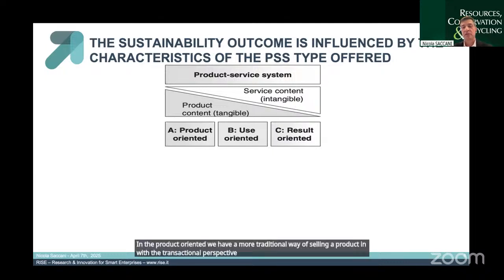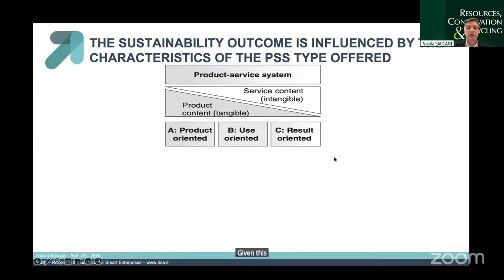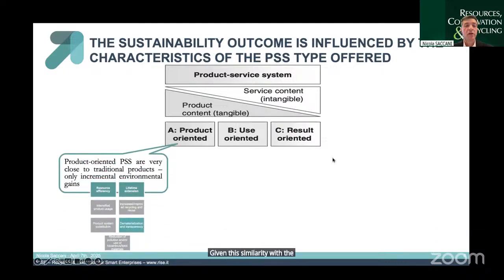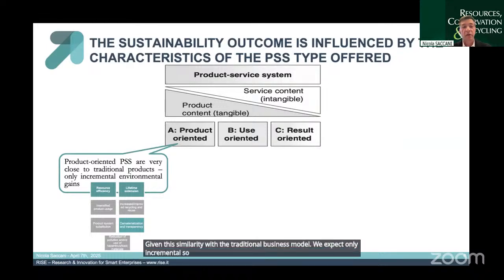So the ownership shifts to the customer, and a set of services are sold together with or after the sale of the product. Given this similarity with the traditional business model, we expect only small incremental environmental gains compared to a traditional business model, due, for instance, to the sale of maintenance services that extend the life cycle of the product, or consultancy or energy efficiency services that